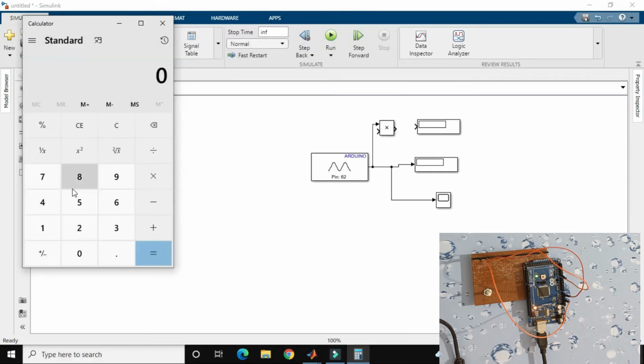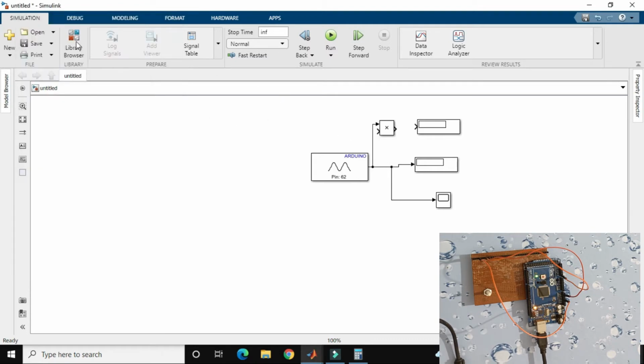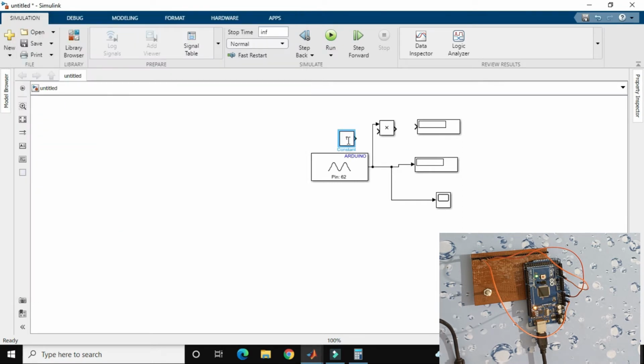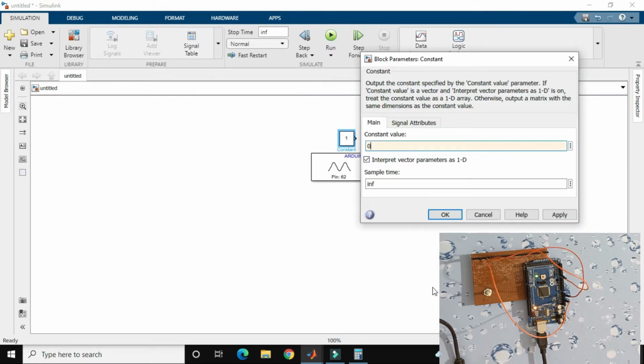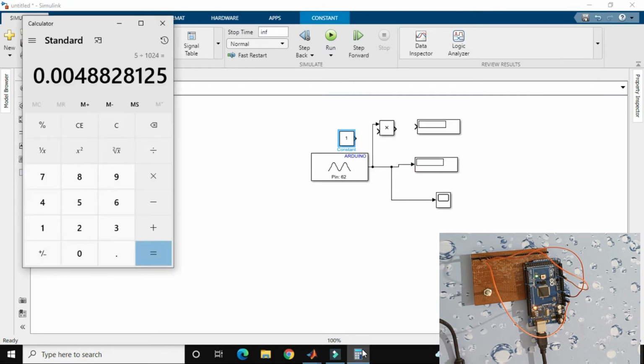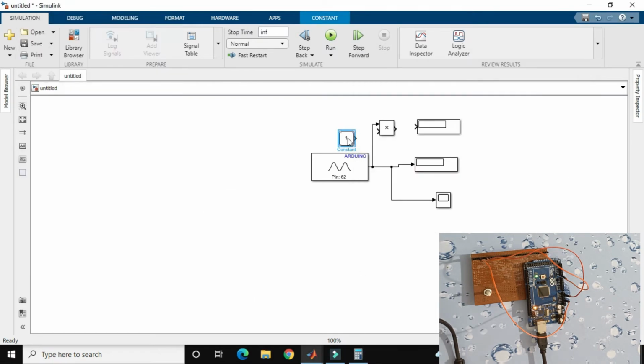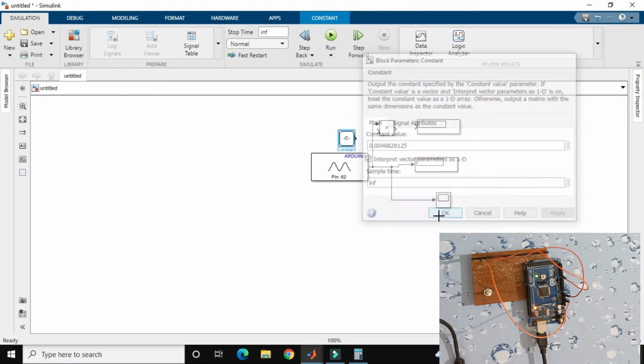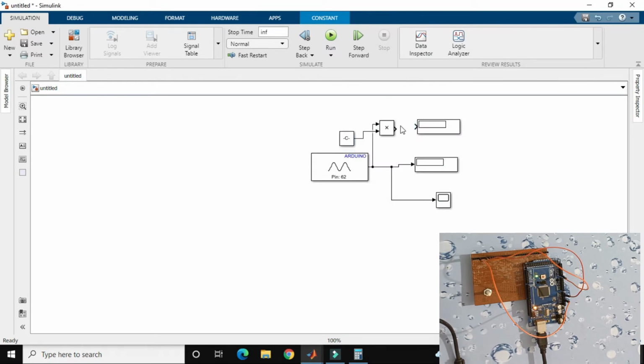So my calculation formula is 5 divided by 1024, that is equal to 0.00488281 25. I use a constant also, so the value of the constant is 0.0048828125. Apply it. Okay, just connect it, connect this, and hit the run button.